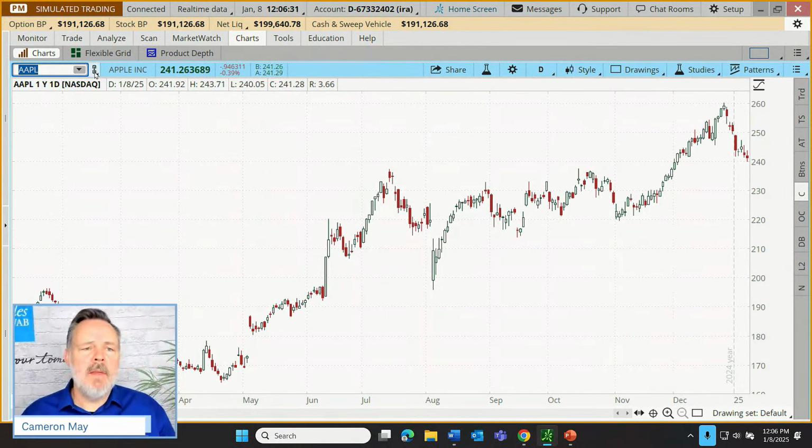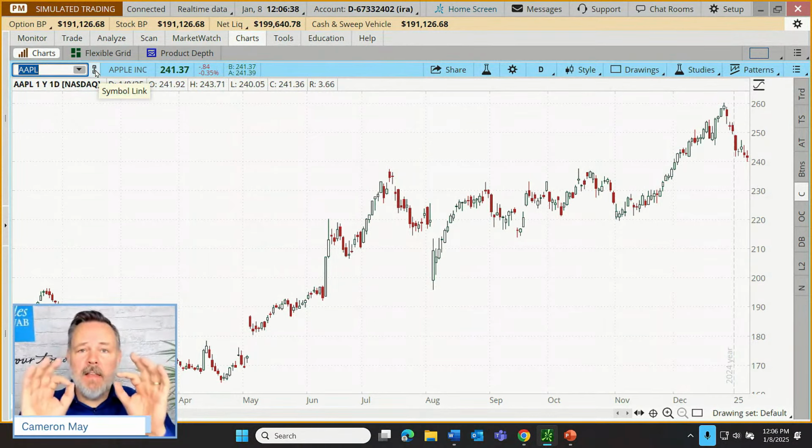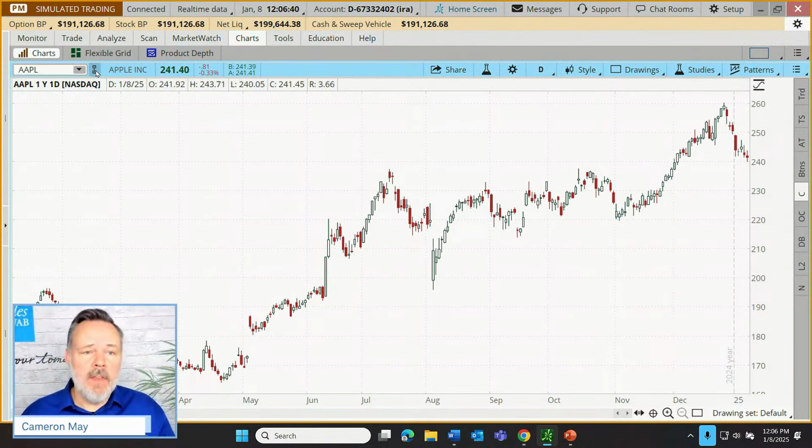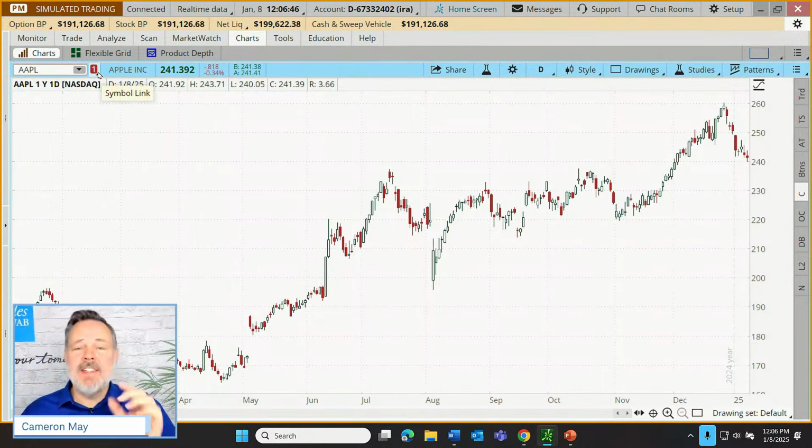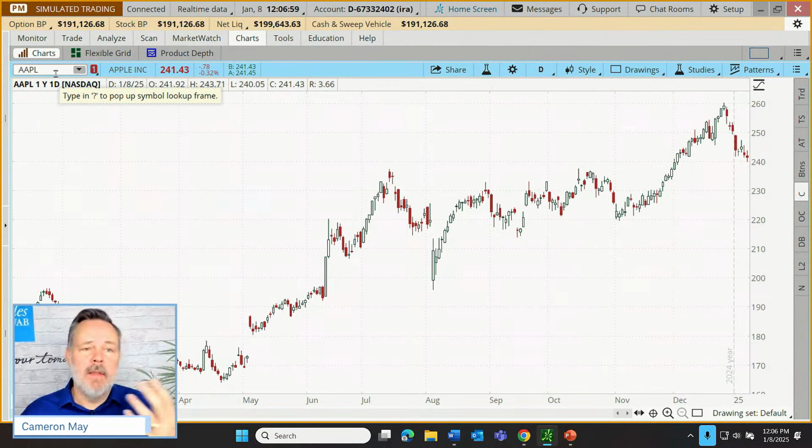Right next to the symbol box is a little link. And you will see this link elsewhere on the platform. Anything that is linked using the same number, as we click on that, we're given a menu of numbers. If we choose a number and then choose the same number at a link somewhere else on the platform, it just moves the symbol around on the platform. So whatever we're viewing here, we would be viewing somewhere else on the trade tab, on the left column.